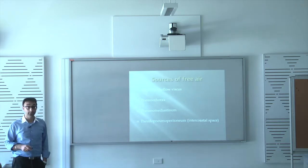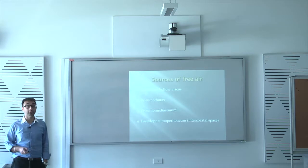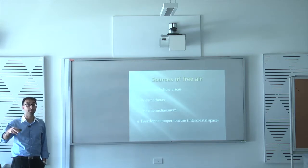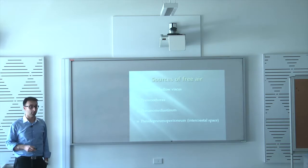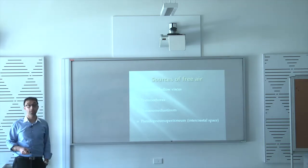So pneumothorax, you've got your perforated viscus would be the most common cause. The other cause is the pneumomediastinum, so you can have gas tracking from the chest down through the retroperitoneum into the peritoneal cavity. And the other one you can also get is a pseudopneumoperitoneum, and this is sort of a